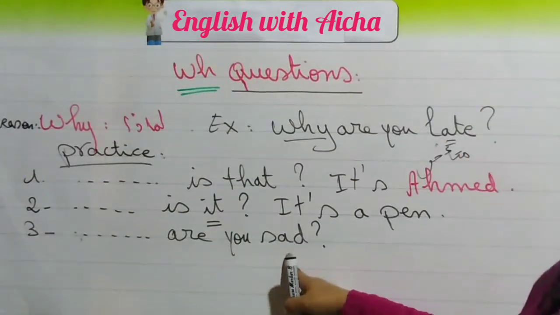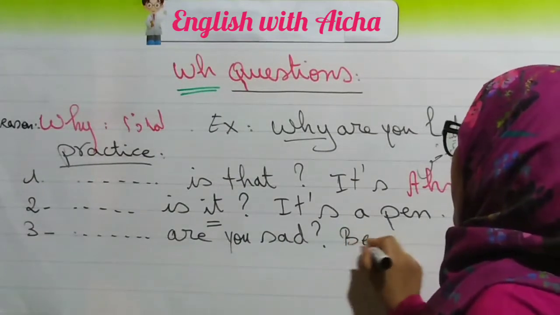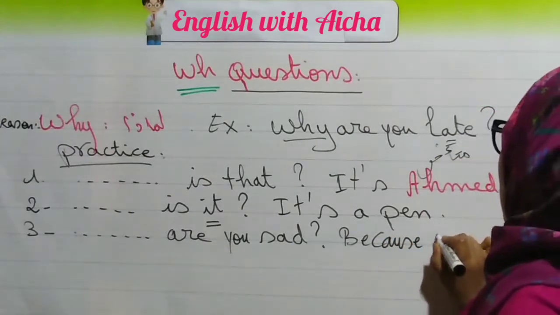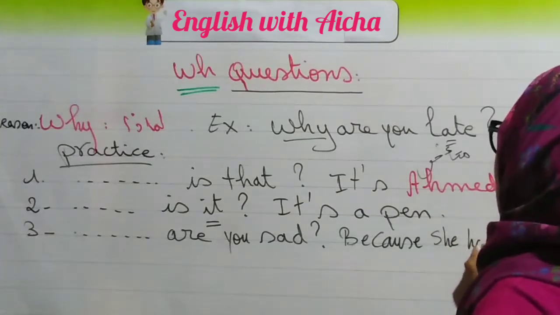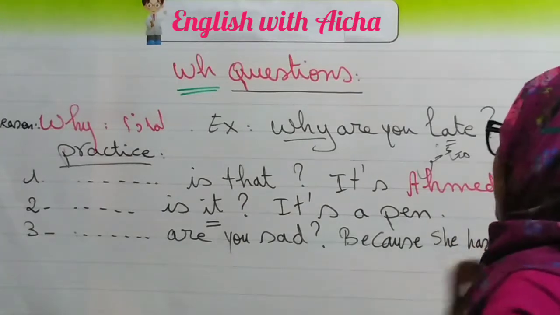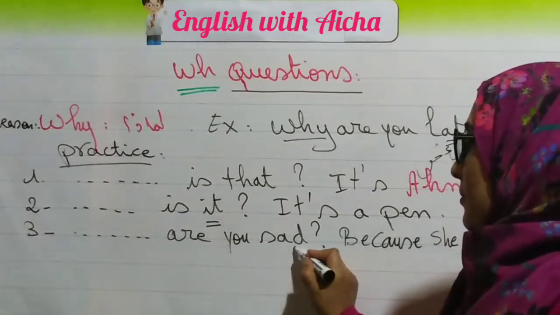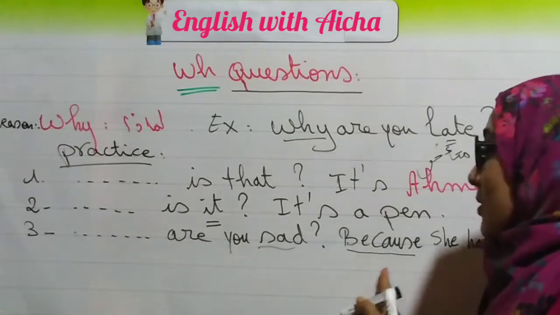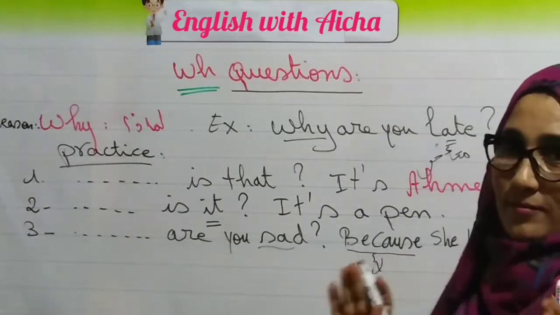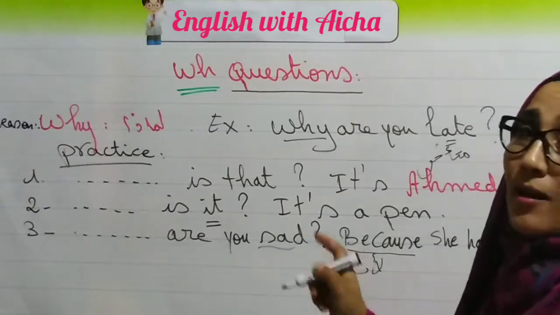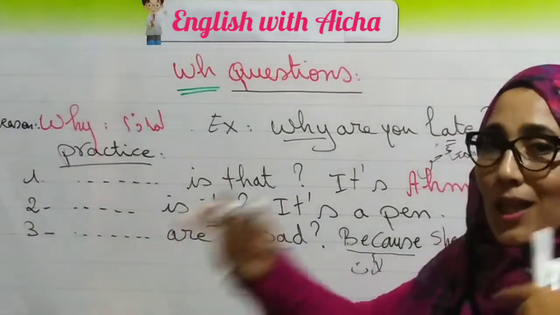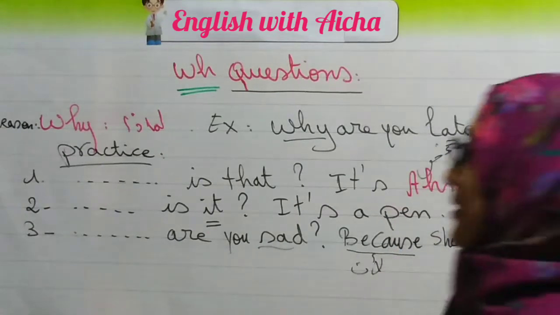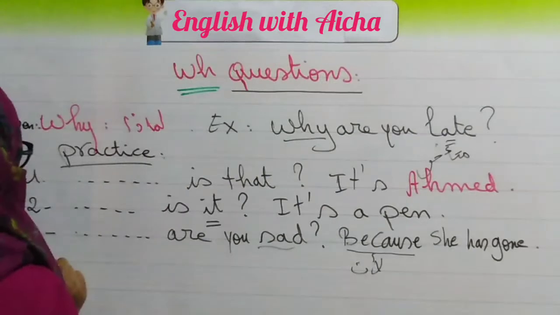Are you sad? This is the question. The answer we have because she has gone. Sad. And we have because. So because means because. So what do we need? The answer is with because, we need think. I will come back. So because she, for example, has gone. Okay. Number 4, we can say